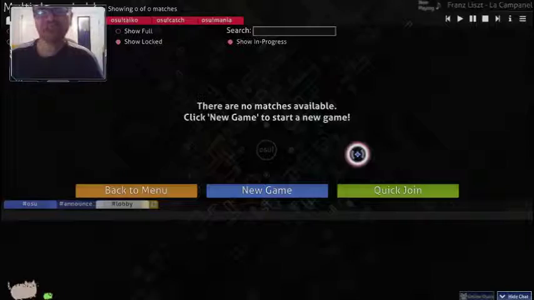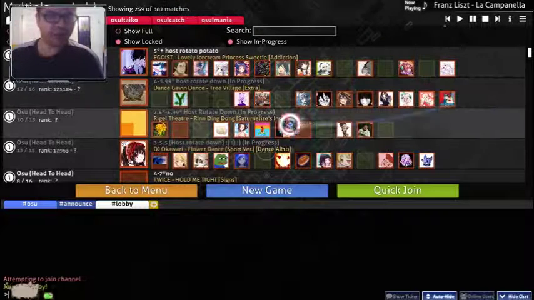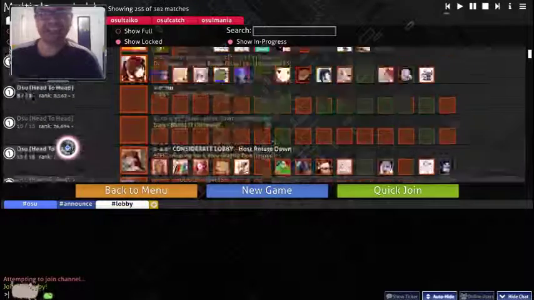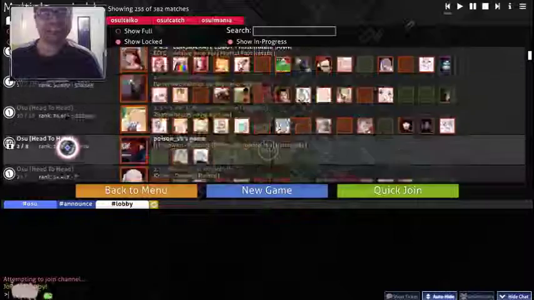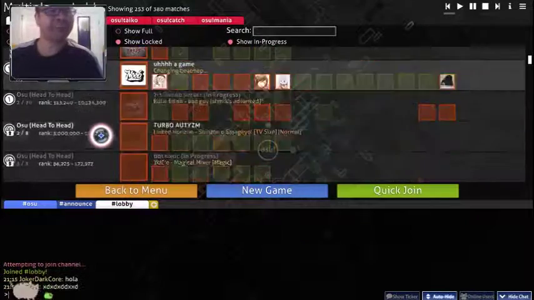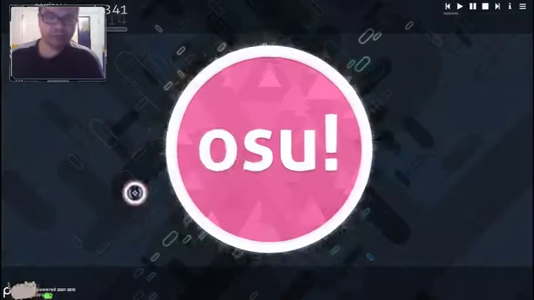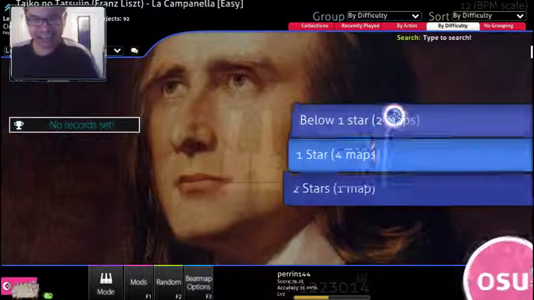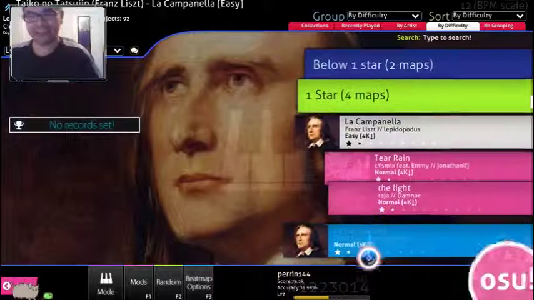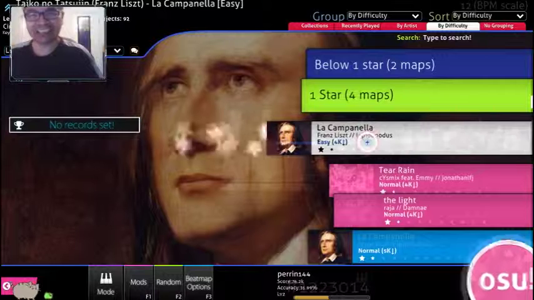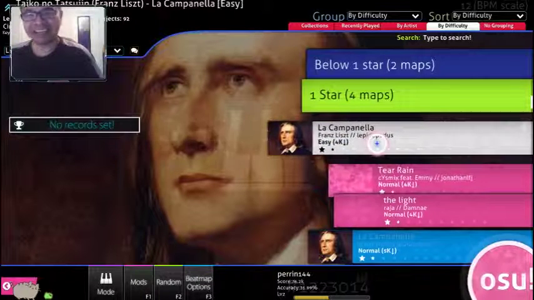First, it has a multiplayer. You can go online and select an opponent or a friend. Second is that it has various levels of difficulty. For example, competitive,